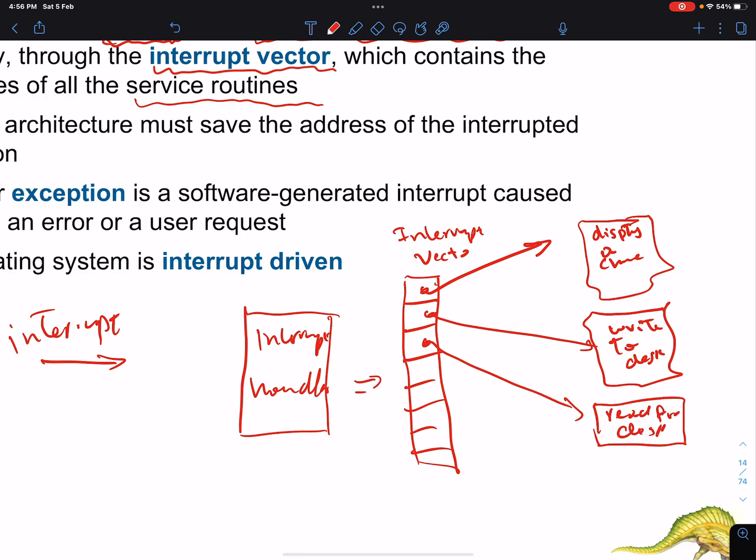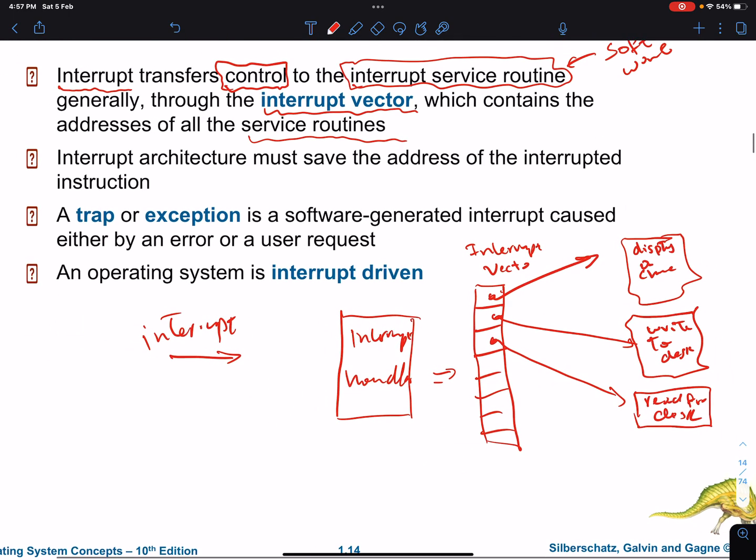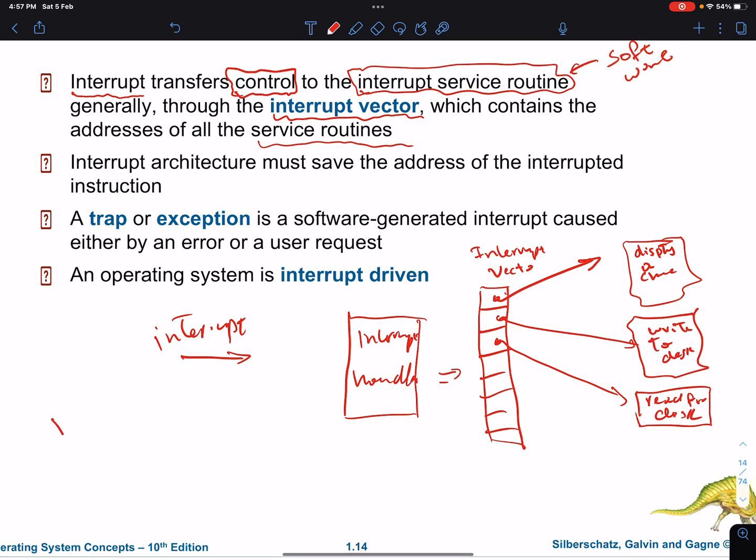Do you see? That's why I told you when you use printf, you don't literally write into the monitor. No. You call the interrupt that transfers whatever you want to write into the display. Do you see? Here it is.